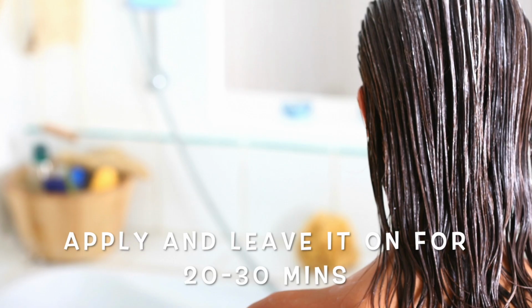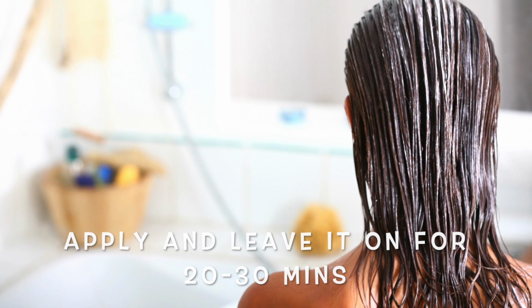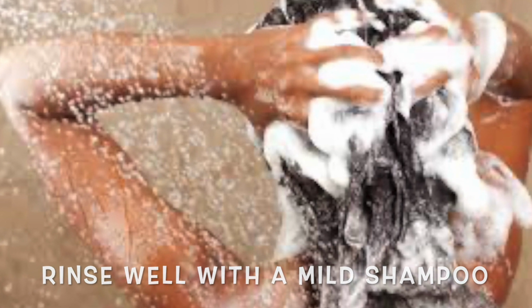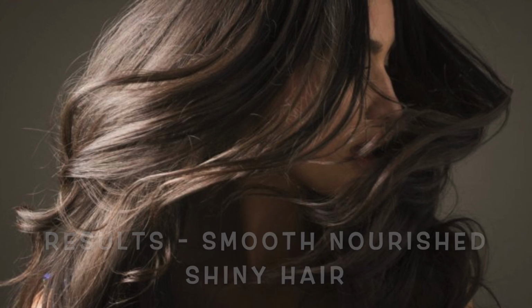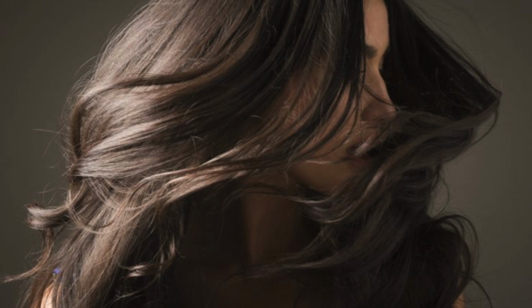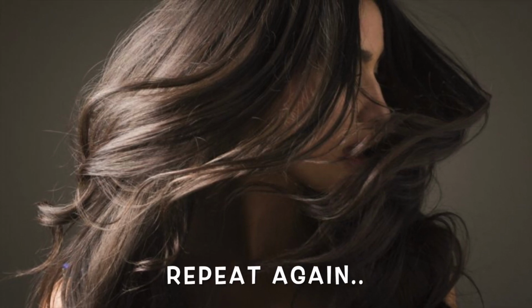end. Cover it with a shower cap and leave it on for about 20 to 30 minutes. Finally, rinse it with a mild shampoo and the results will be very pleasing as your hair will be smooth, nourished and shiny. For some, the results may not be visible in one time. I suggest them to be patient and apply the mask twice a week or so, and your hair will thank